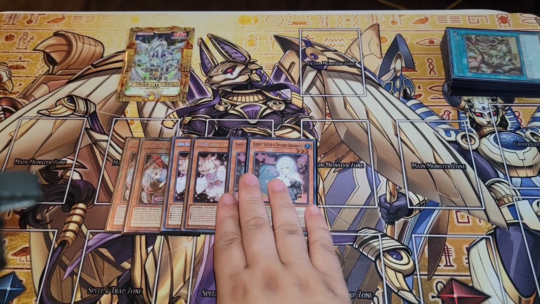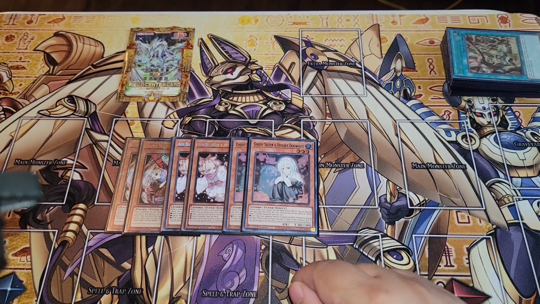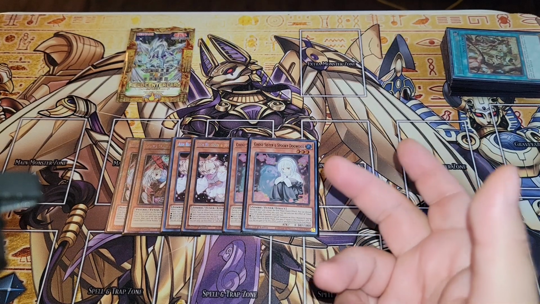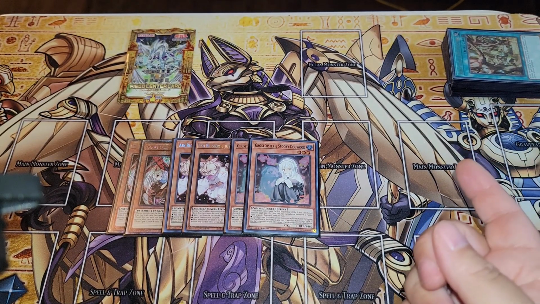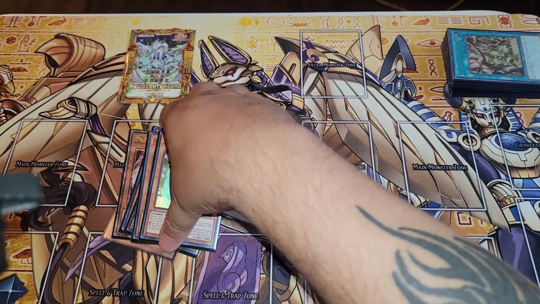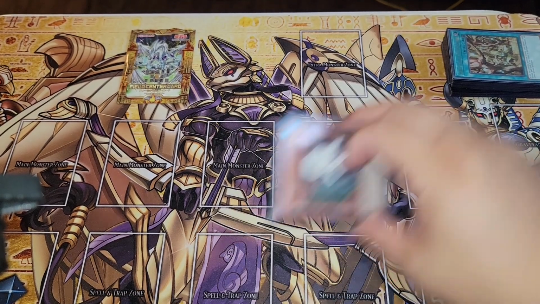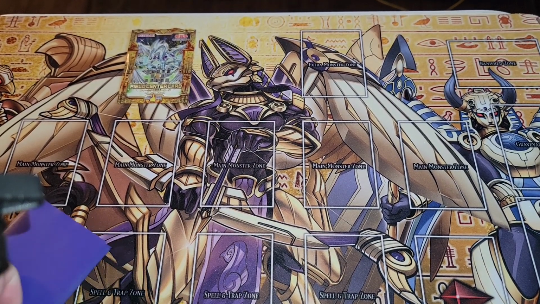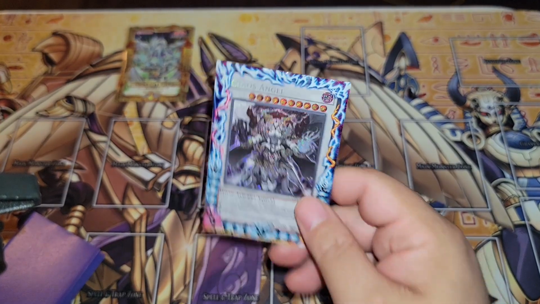And another reason I chose these is they're all level 3, and they're also tuners, which I can pair with the Horus stuff if they don't do nothing, my opponent, to go into Psychic and Punisher. So I can cause problems on their turn and then also go into synchros if they don't do nothing. We got Chaos Angel,